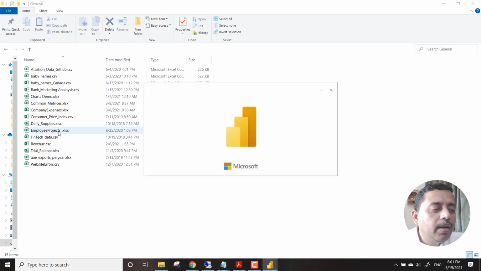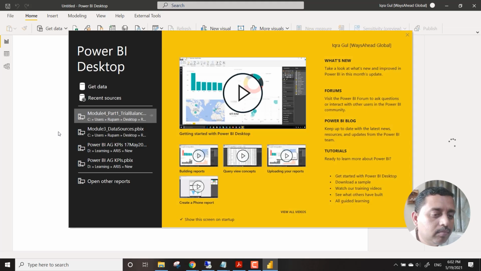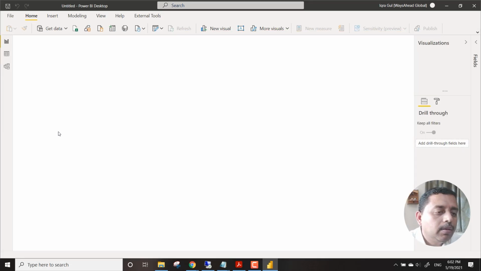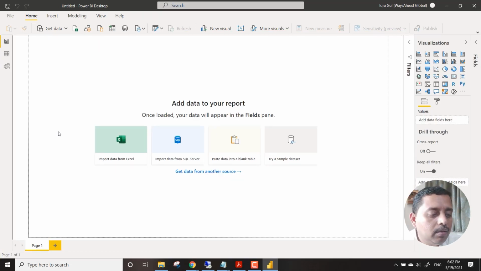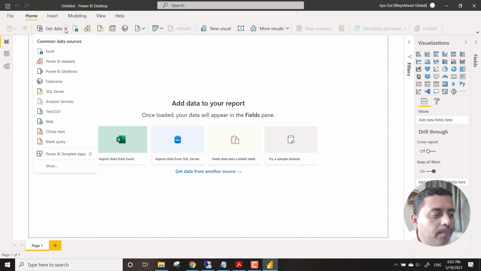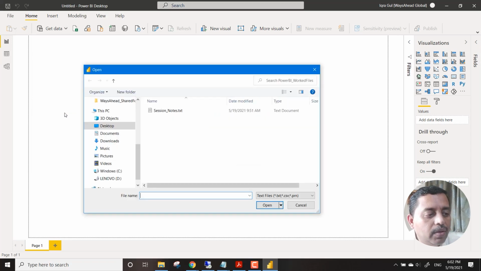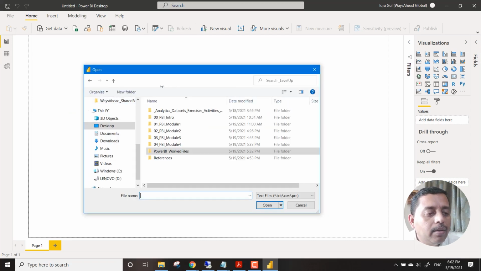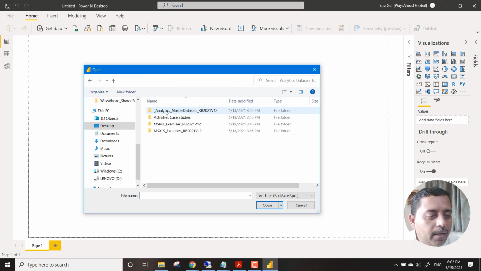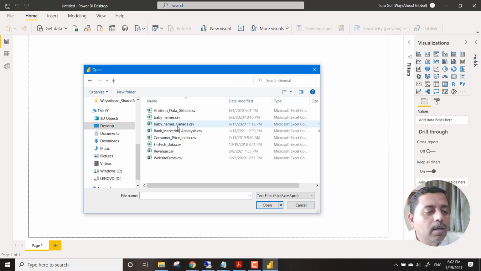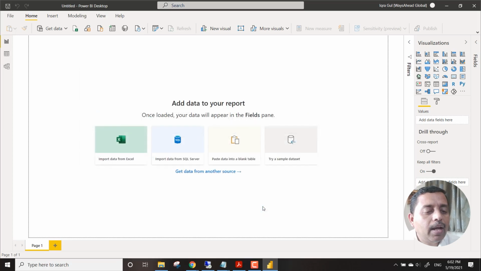This is a CSV file, as you can see. It's a flat file, which means that the data doesn't relate to multiple places. So we go to Get Data, and we go to this option called Text/CSV, and we go to our data sources, General, and we see marketing data and we say open.